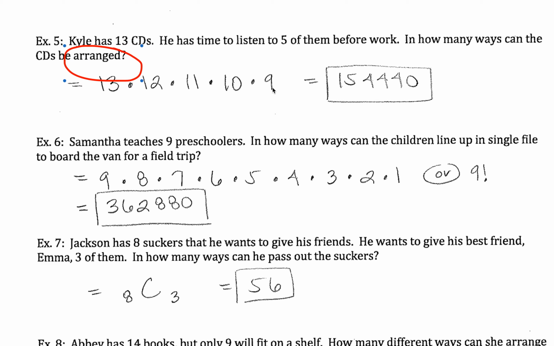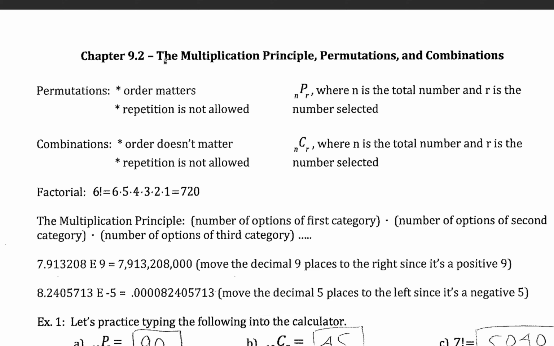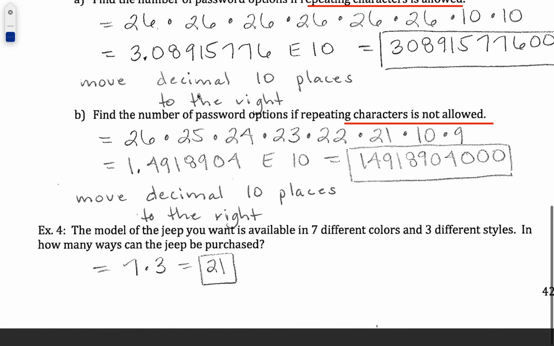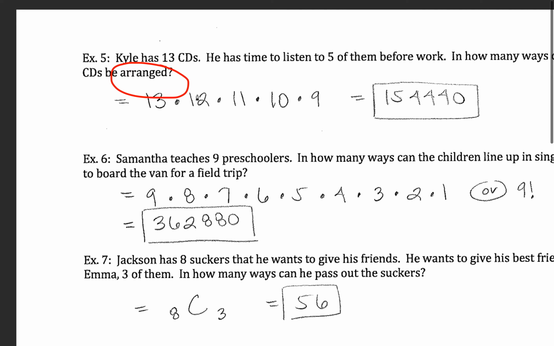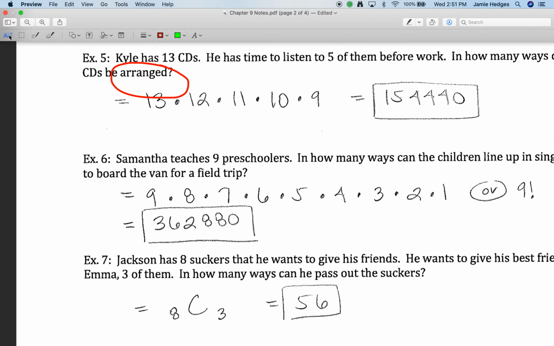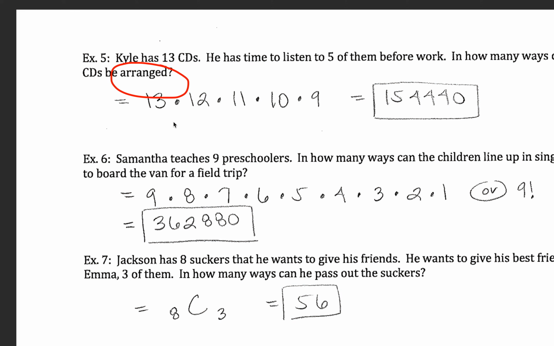There's actually another way to work this one. If you go back to our first page of notes, right here, it said permutation, the order matters. So it said arranged, so I could work it like a permutation. So I'm going to add that to these notes right here. So I could work this one. Let me type. I could work it as saying 13